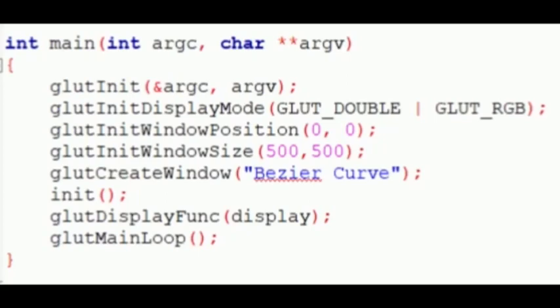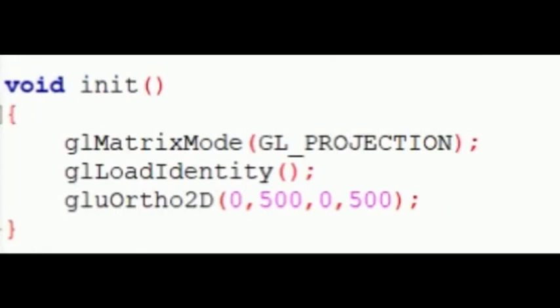Here the glut window size is 500 by 500. It creates the window with the title Bezier curve. We are calling the init function. Then we call the display function, and glutMainLoop goes into an infinite loop.